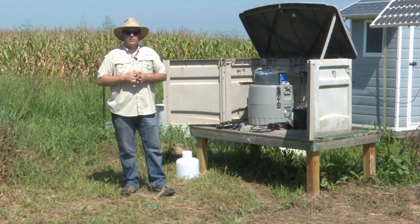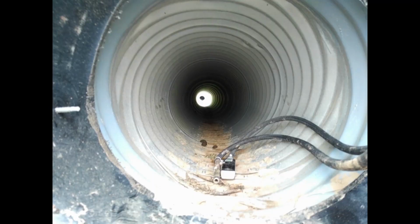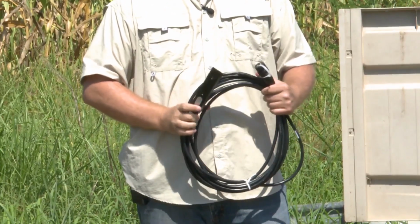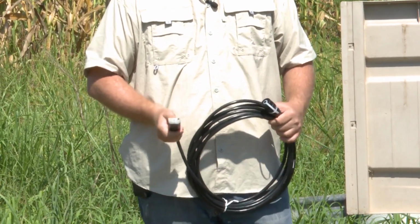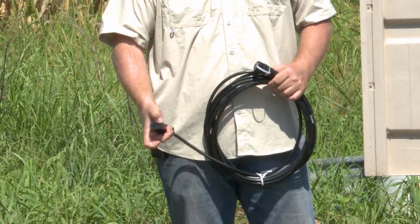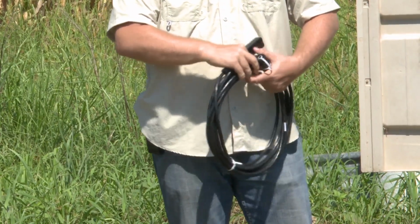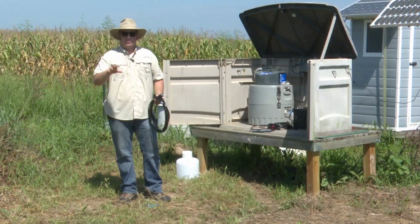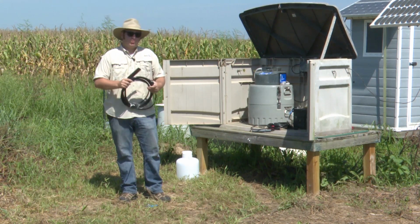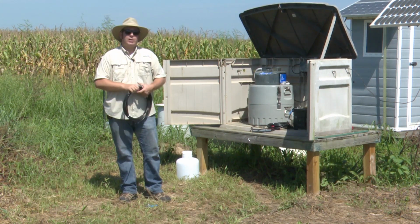In the next slide here, you'll see an area velocity meter. That area velocity meter, I have one here in my hand as well. That area velocity meter tells the sampler how much the depth of water is based on pressure, as well as uses a little Doppler radar signal to give us a velocity based upon particulate matter that's flowing off of the field. So we use these typically in